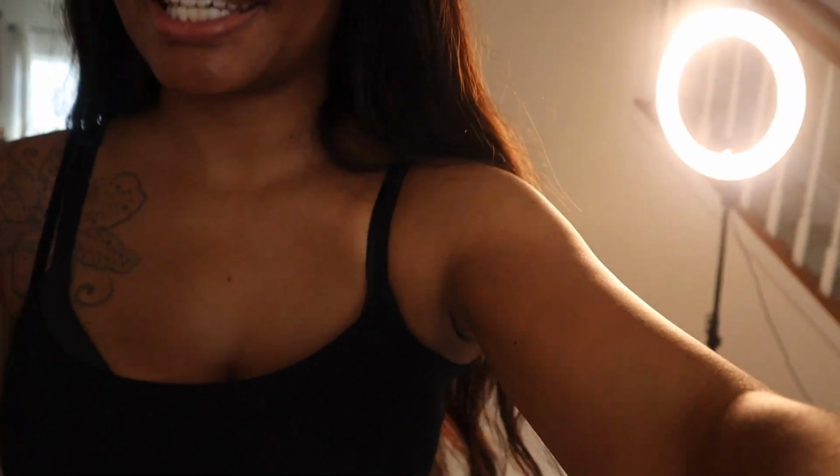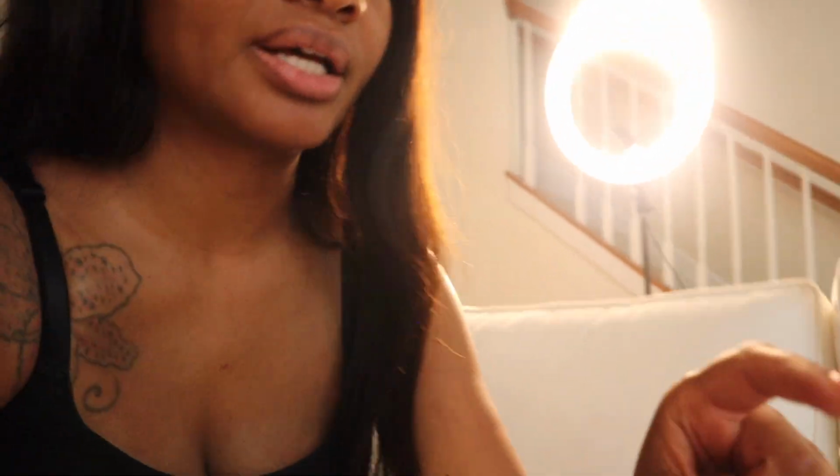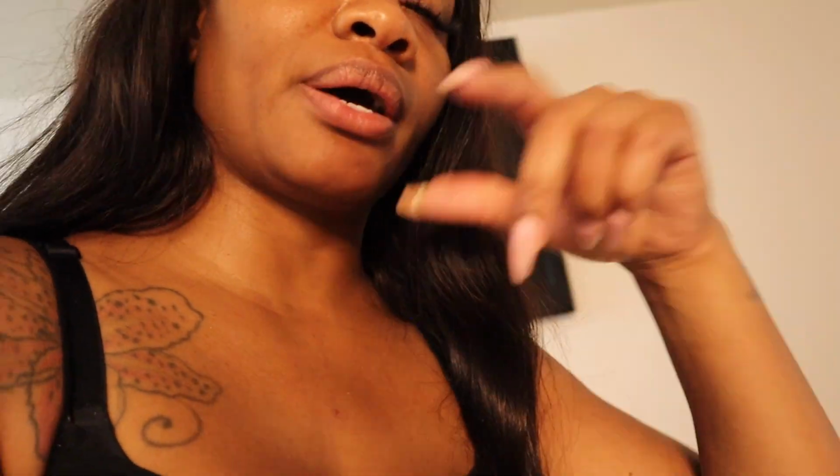So update on the couch. The couch is doing really good. I did spray some fabric protector or something like that on there. I do get a lot of hair, because Rocky doesn't sit on this couch. He better not sit on this couch. He tried a few times, but I did spray this fabric protector and then the Folex, and I also vacuum. Not every day, but when I clean up, I will run a vacuum over it, and then I will